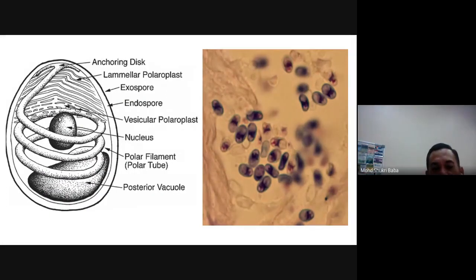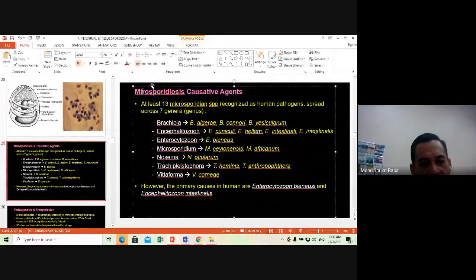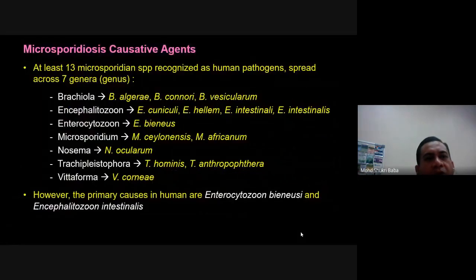Bagaimana, how does it look like? Alright. Okay. Sorry, ini adalah mikro. MIC. Okay, microsporidiosis, alright. Microsporidiosis causative agent, okay, at least 13 microsporidiosis species recognized as a human pathogen, and then they spread across 7 genera ataupun genus. Okay, genera ataupun genus yang biasa yang menyebabkan yang categorized under human pathogen adalah